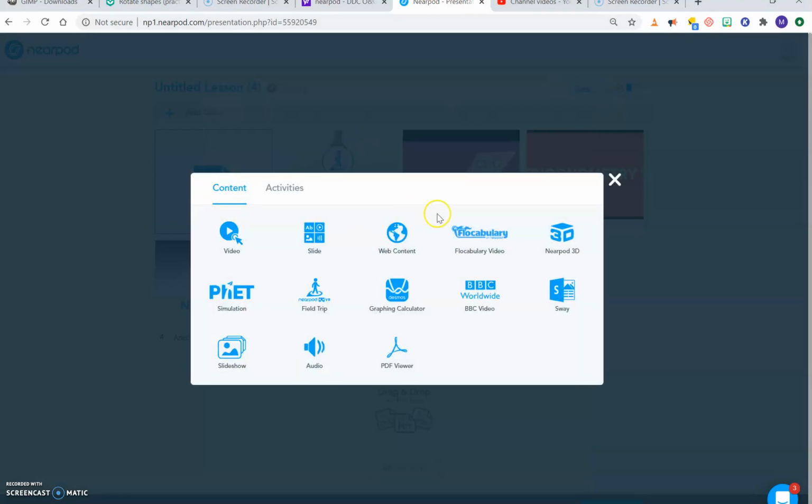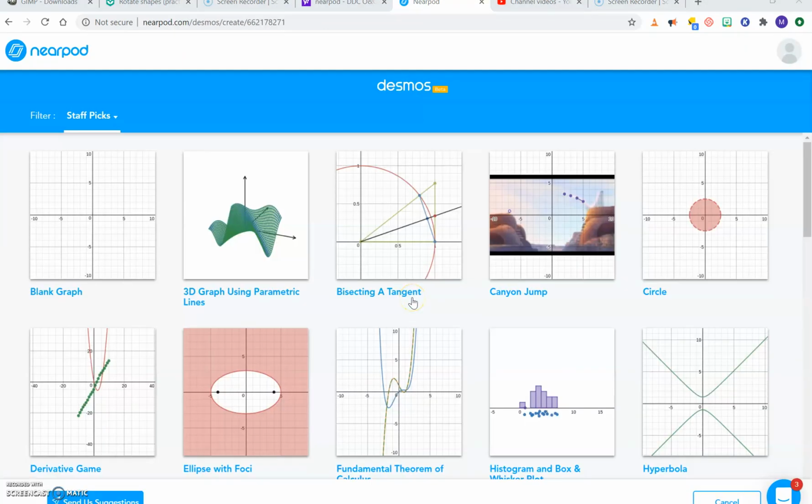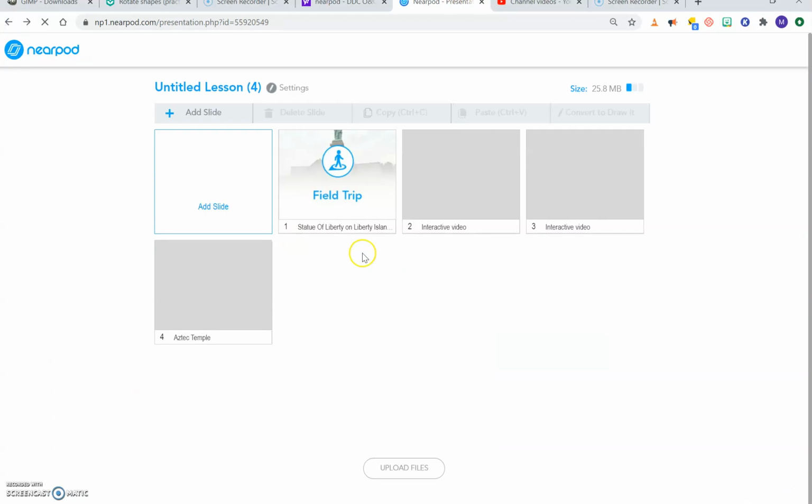All right, another feature I want to explore. I don't want to bombard you with a lot of things, but it has a lot of different good features, and I want to focus on ones that I think would be helpful for math and some that, based on the survey, you wanted to look into. The next feature we are going to look into is Desmos. So if you click on Desmos